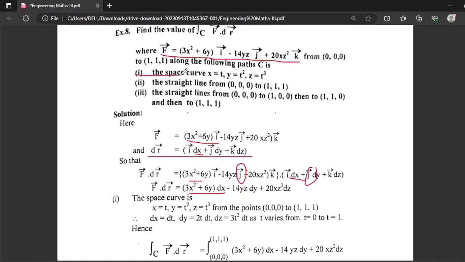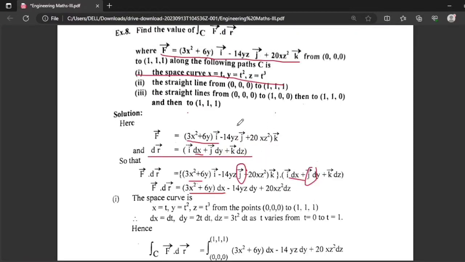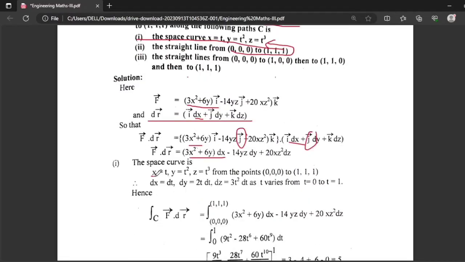In the first case, the space curve from 0 0 0 to 1 1 1. So differentiating, dx equals dt, and differentiating y, dy equals 2t dt, and dz will be 3t³⁻¹, that is 3t² dt, as t varies from